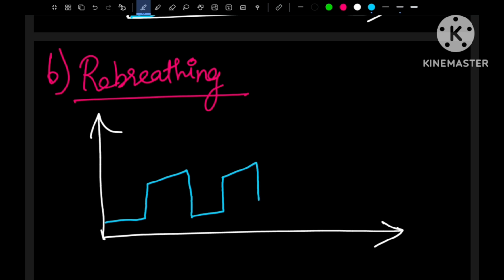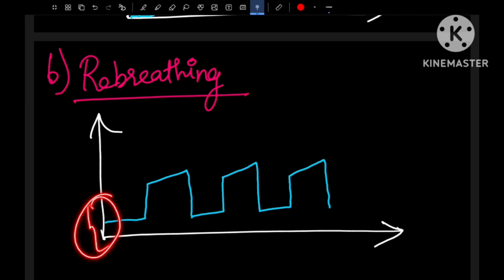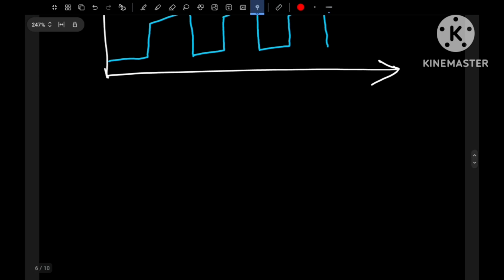Okay, rebreathing. The patient rebreathes. So even though he is on mechanical ventilation, he tries to rebreathe. Not spontaneous effort, not any effort by the patient, but he's rebreathing the same air. So there is not a proper expiratory outflow. The expired gases are not going out properly. It's not eliminated properly. At that time, he can get this rebreathing graph. You can see that there's a significant expired carbon dioxide level that is not reaching the baseline. You can see there is a significant amount, right? So that is rebreathing. Next,